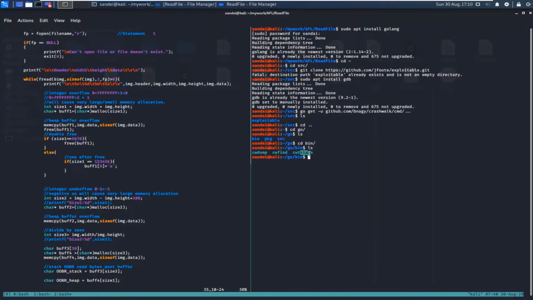One is cwtriage, which we will be using in this video to analyze and triage crashes. cwfind will be used to search for various hashes, and cwdump is the file which will dump all the triaged crash details from the database.